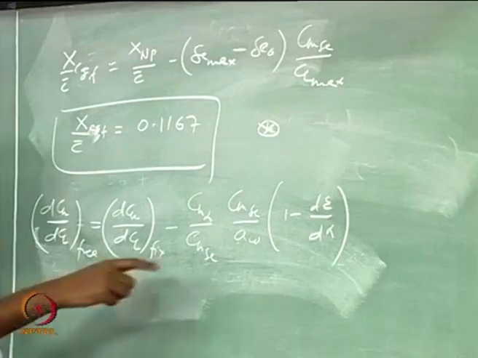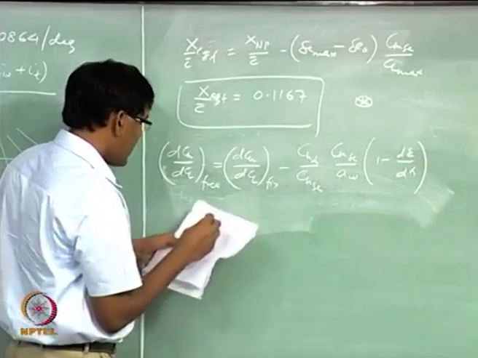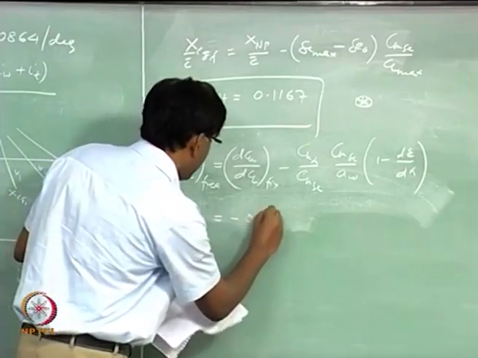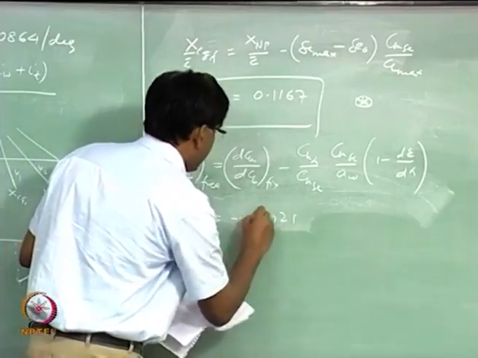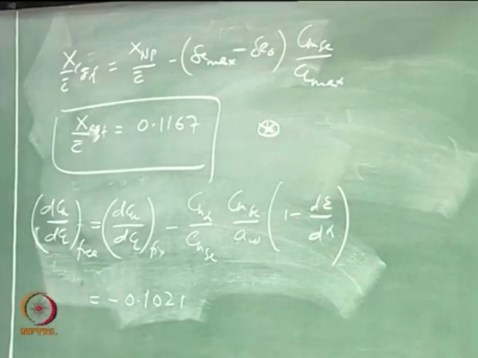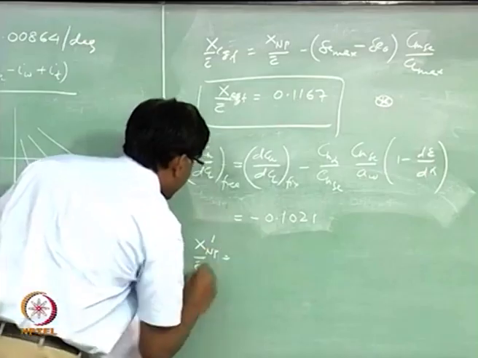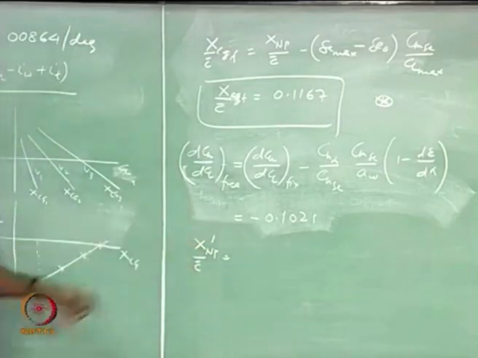So, we know all these numbers here, you can find out what is this quantity. So, x NP free is the stick free neutral point,